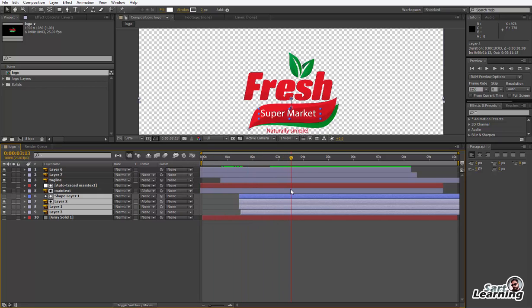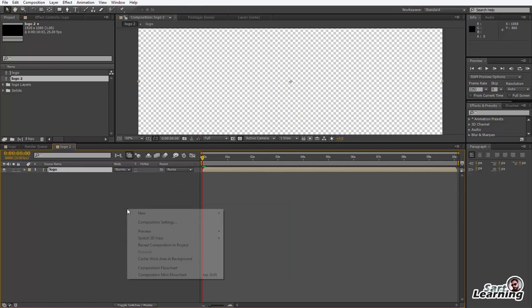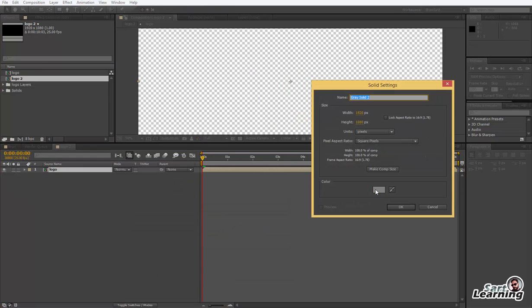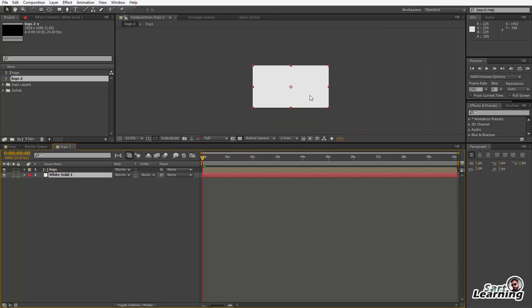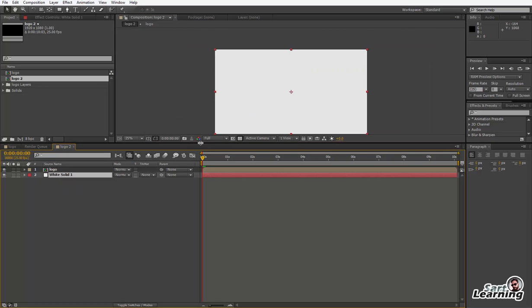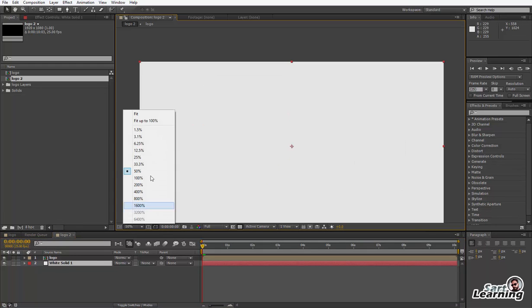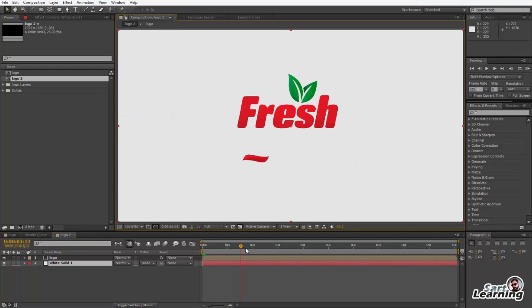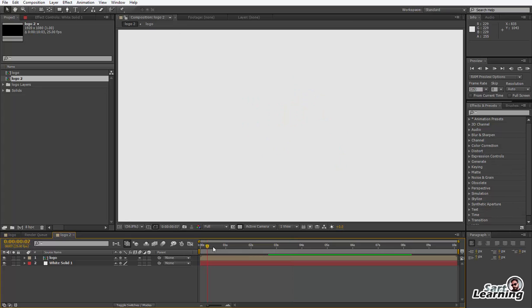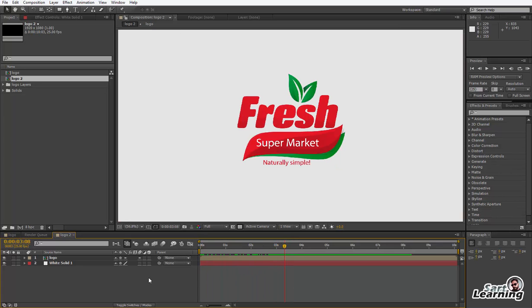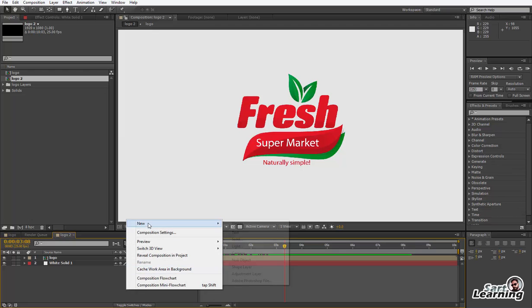Now my logo is almost ready, so import this logo into a new composition and create a normal solid as the light background. Place the white solid below the logo. Now press 0 and check. Click on this Adobe Illustrator vector button so the edges look sharper.